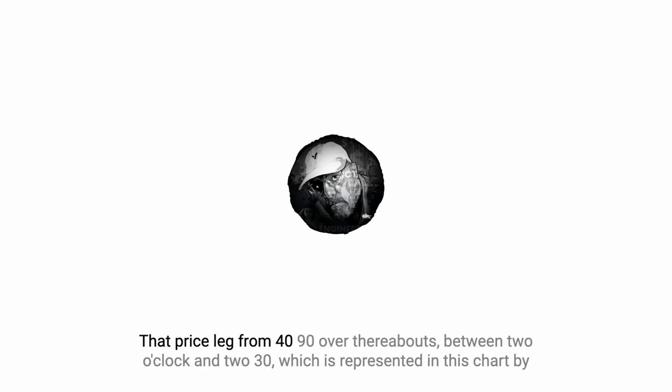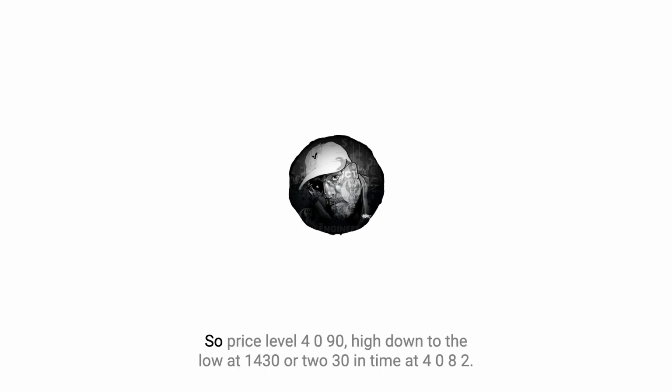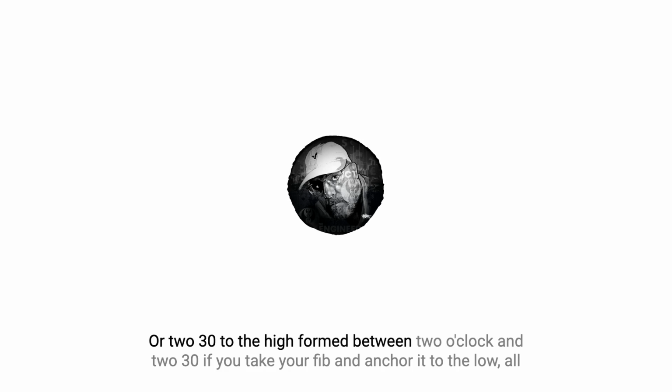That price leg from 4090 or thereabouts between 2 o'clock and 2:30, which is represented in this chart by 1400 to 1430 in the time axis at the bottom of the chart. So price level 4090 high down to the low at 1430, or 2:30 in time, at 4082. I think it's a quarter there as the price level. If you take your Fibonacci on your charts, and this part may not be applicable for you, you want to write this down in your journal because you want to test this now. That low up to that short-term high, so the low at 1430 to the high formed between 2 o'clock and 2:30, you take your fib and anchor it to the low all the way up to that high